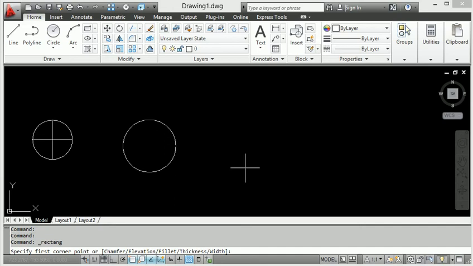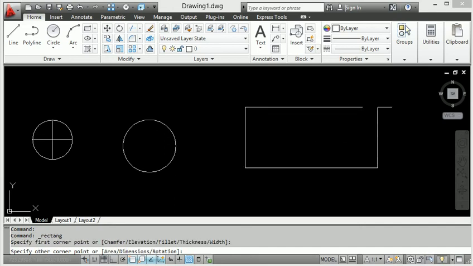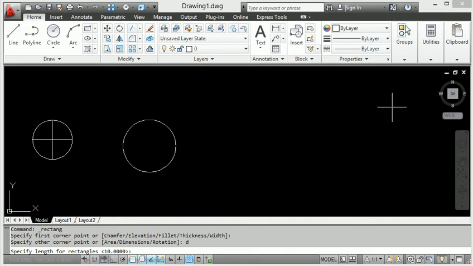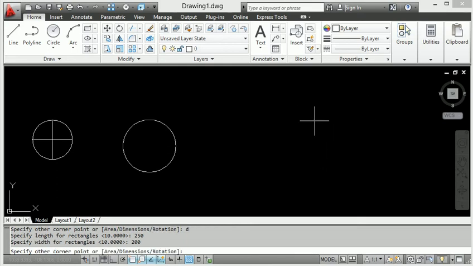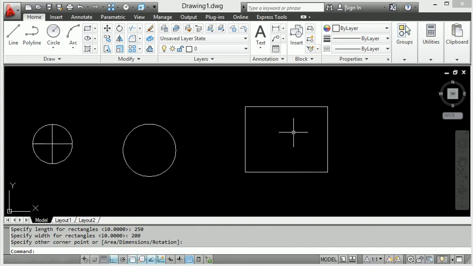This is the particular point, the first corner. For a proper measurement of this rectangle, press D, enter, because D is for dimensions. The first dimension of the rectangle is 250 mm. Enter, and again it asks for the upward direction dimension, so 200. So this makes the rectangle, very easy to create.